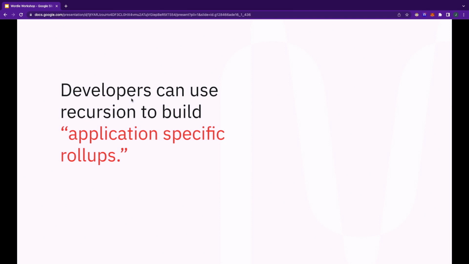OK, so this works great if you have transactions that do a lot of computation. But what if you want to build applications that do a lot of transactions? In this case, it's possible for developers to use recursion to build these things we're calling application-specific rollups. And these are basically what they sound like. If I have something like a game, let's say I have a 2-player game, and I want to play this game